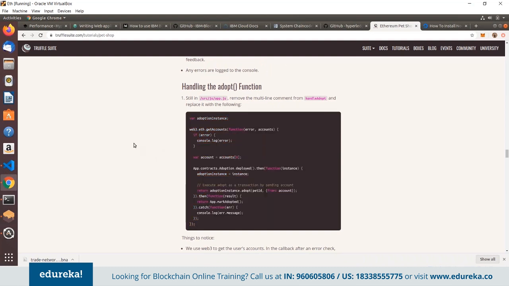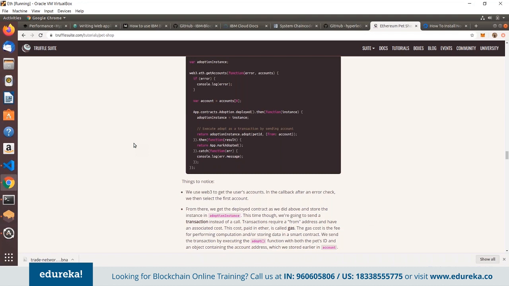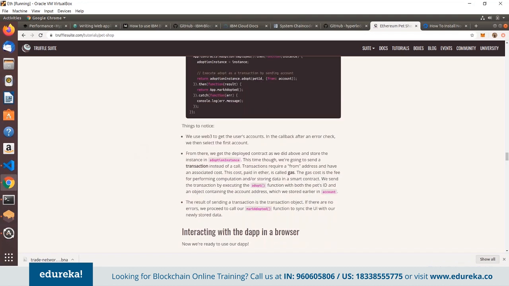Now we use Web3 to get the user's account. In the callback after the error check, we then select the first account. So we check which account is basically adopting, and whether that account has already adopted or not. If it has already adopted, we will return an error. If it has not adopted, then we will check whether the balance and the gas are available or not. If not available, again it will return an error. And in case everything is successful, then we will call the adopt function of our main contract, where the transaction will execute and the pet will be marked as